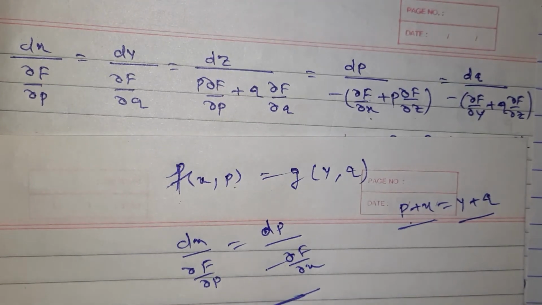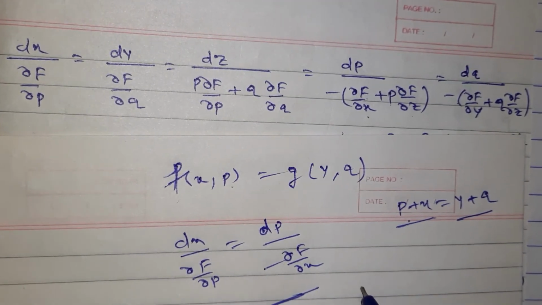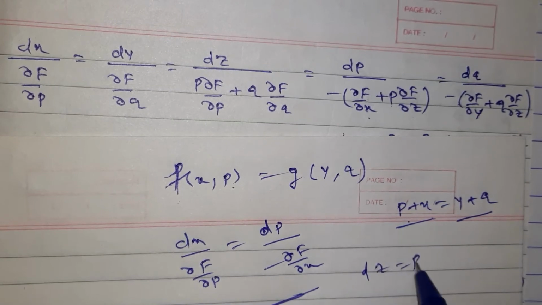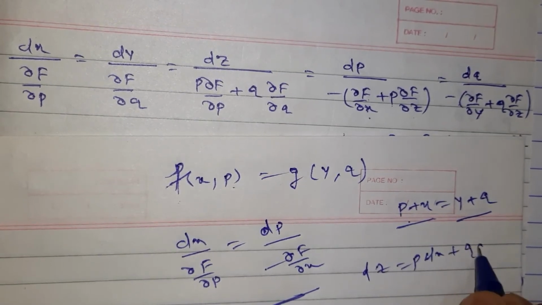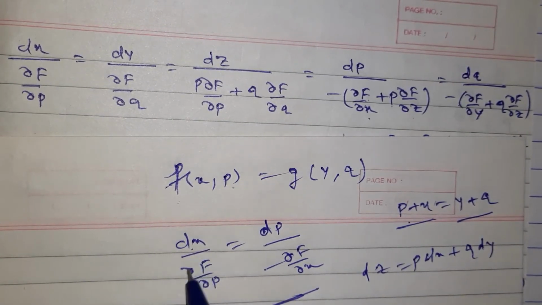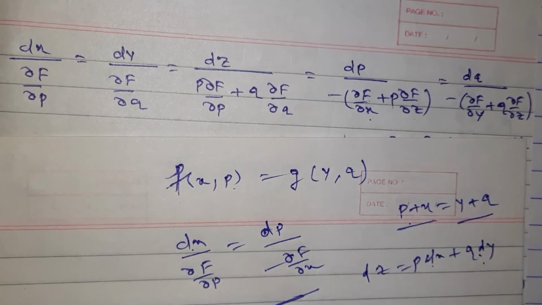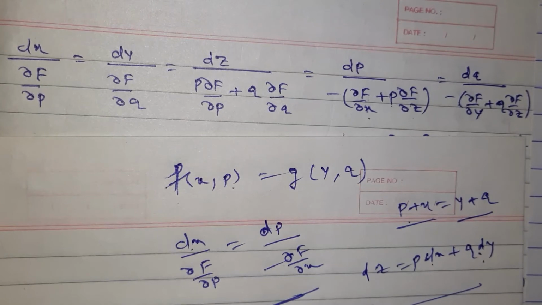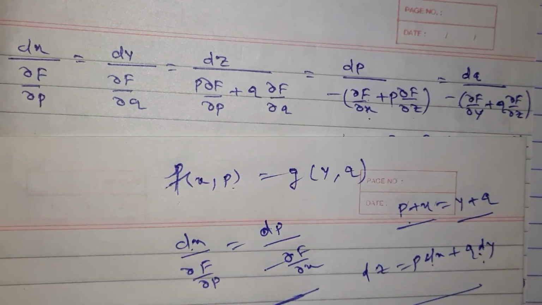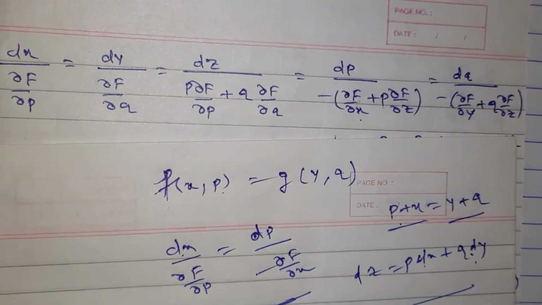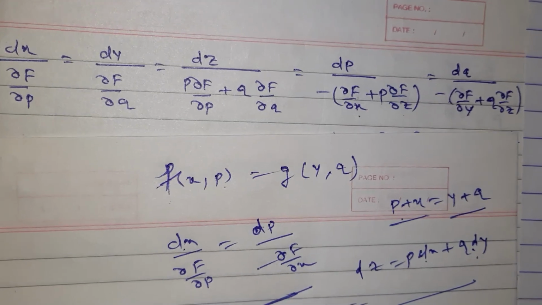In fact, we can simplify this completely and we get value of dz. dz is equal to p dx plus q dy, because p we get in terms of x, q we get in terms of y, and you get value of z by integration. Understood? So this is our third one. Then the fourth also is there. Fourth, I can express z in terms of remaining value.